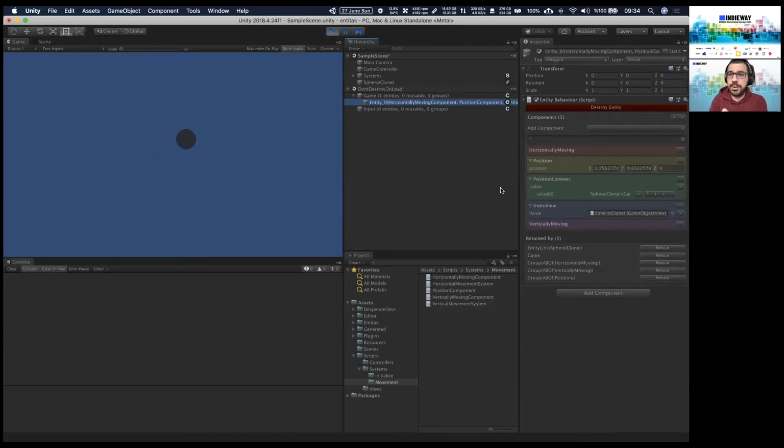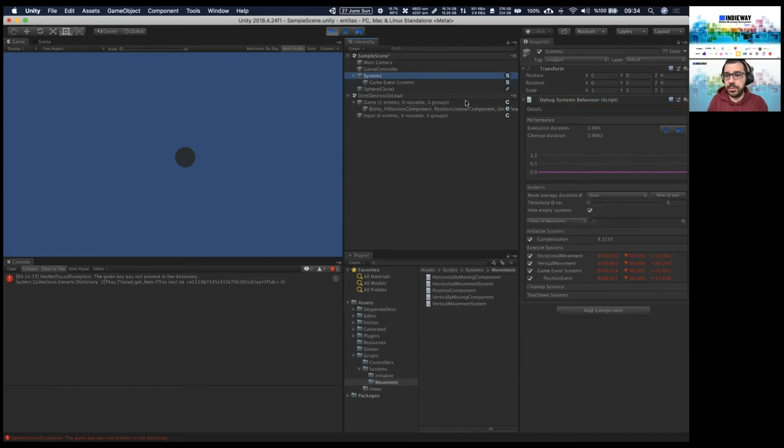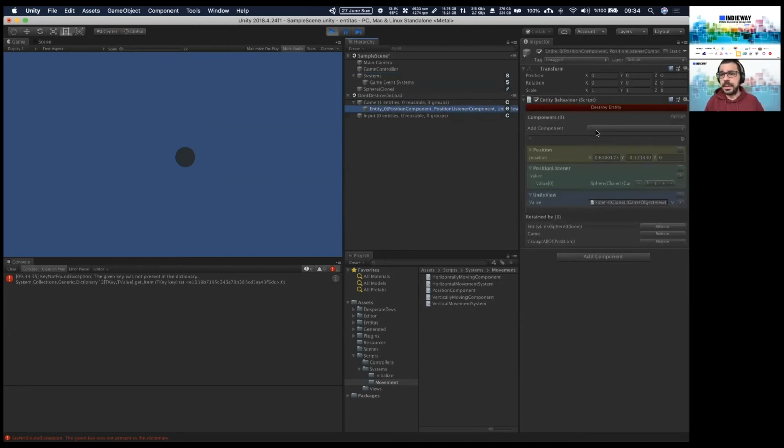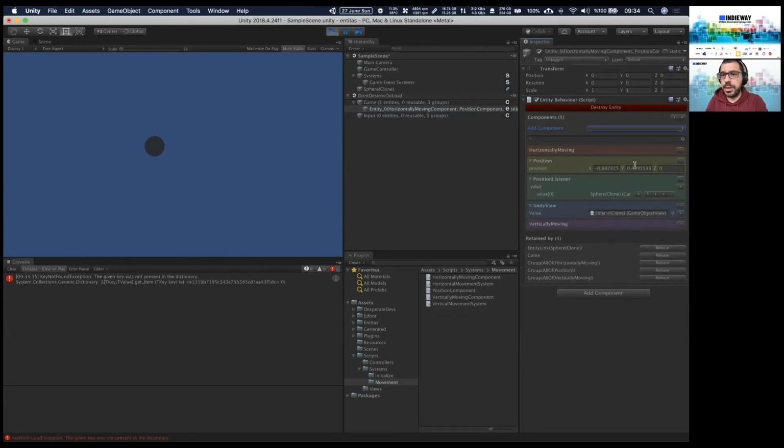If I want visually, I can make necessary changes on the screen. What horizontal movement component, if I remove it on this entity, here as you see, it is only moving upwards and downwards. There is no left and right movements. If I like, I can also remove vertical movement as well. It would just stay still in the middle of the scene. But here we see that the systems are functioning here. If I like, I can re-add these components back so that it continues moving in the direction that I want. Here I can change my position, as you see.